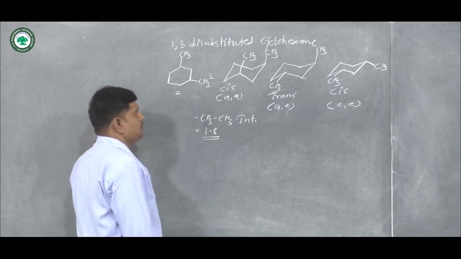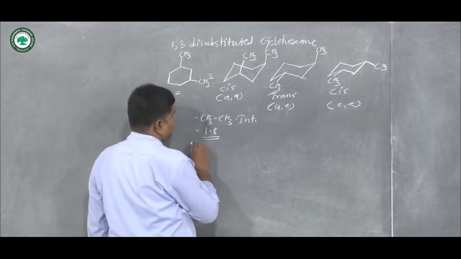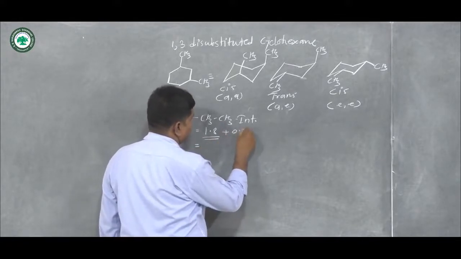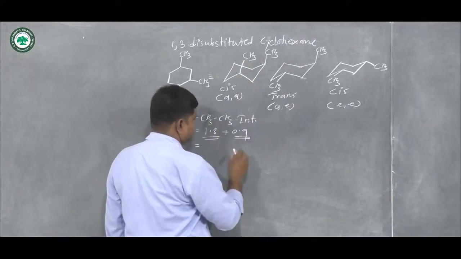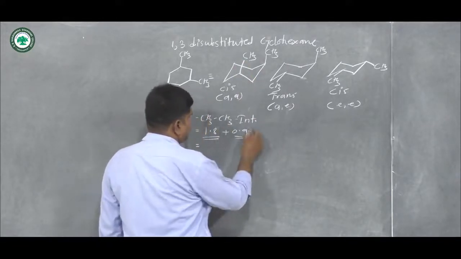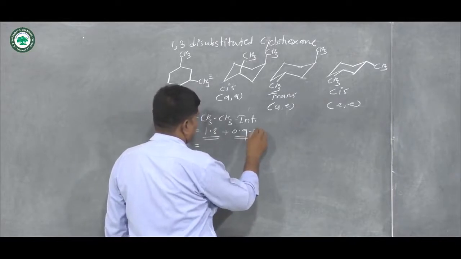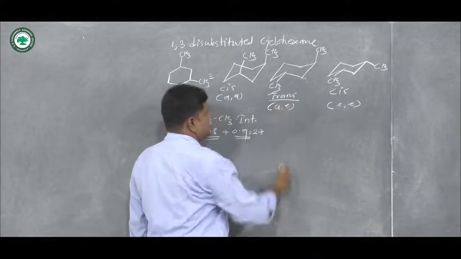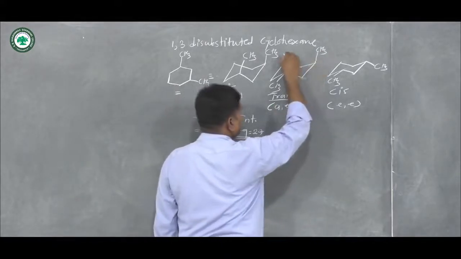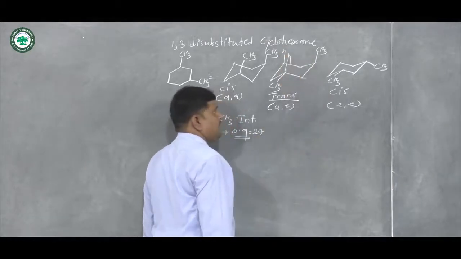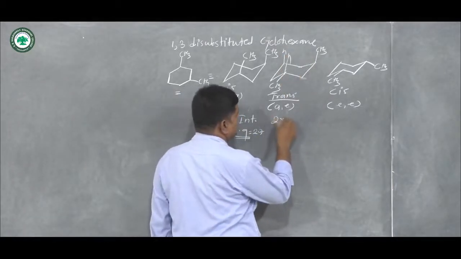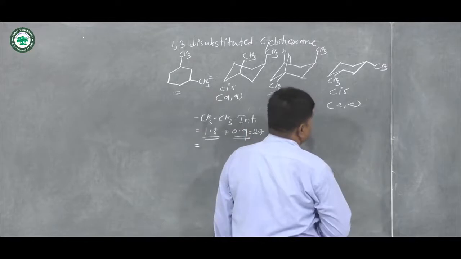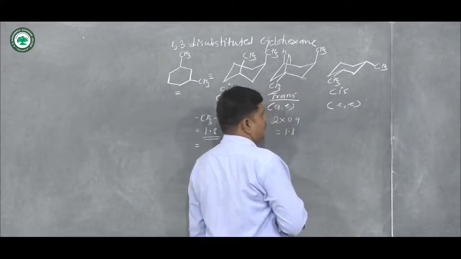And hydrogen interactions are also possible, and overall its energy is about 0.9 for hydrogen interaction, so we write here about 2.7 kilojoules. For this trans, only one methyl gives two hydrogen interactions, one 1,3-diaxial interaction, 2 into 0.9, we get here 1.8, and in the last case both the methyls are in the equatorial position, so here